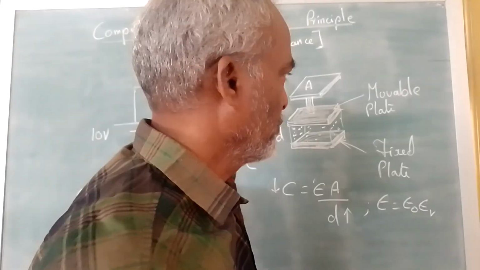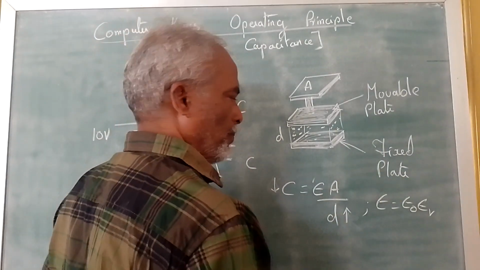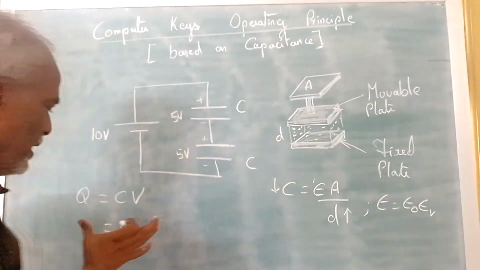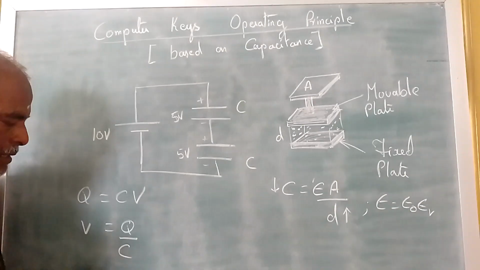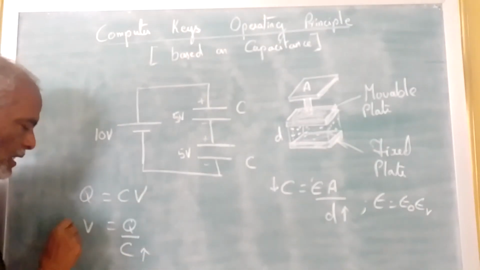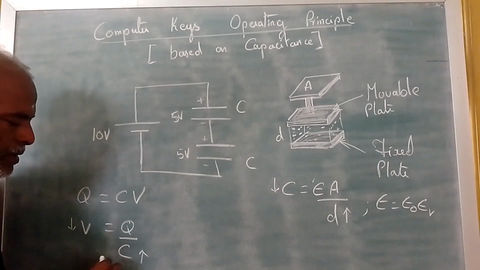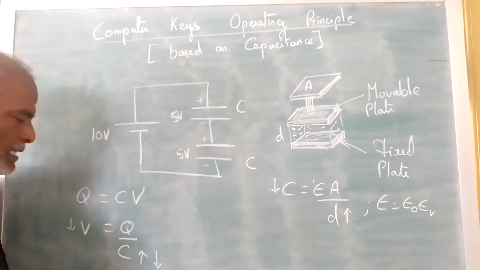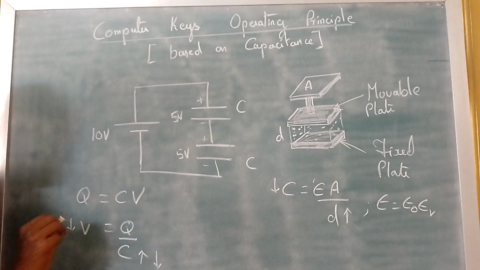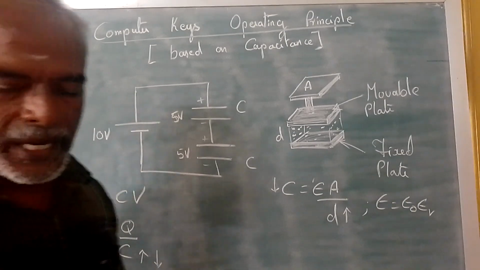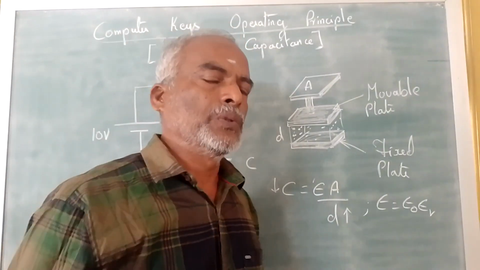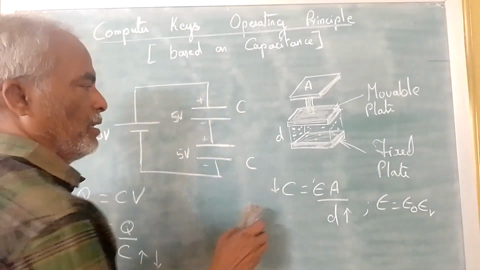This is the principle. So this principle, if we apply in this equation, what will happen? When C increases, voltage decreases. When C decreases, voltage increases. Keeping this in mind, we are going to connect a circuitry by which